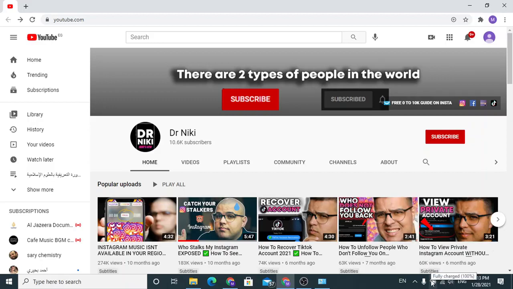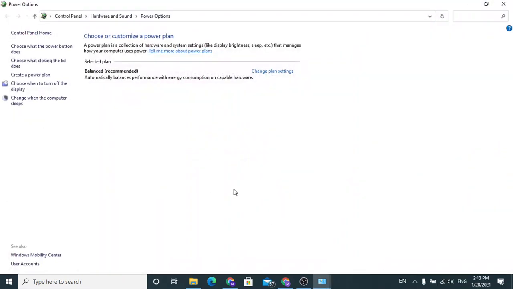Down here you may right click on the battery icon, choose power options, and then here you may find only one power plan that you have, which is balanced. Click on create a power plan here on the left,